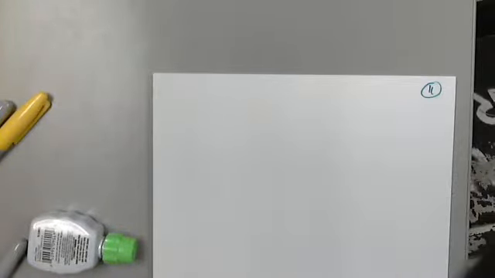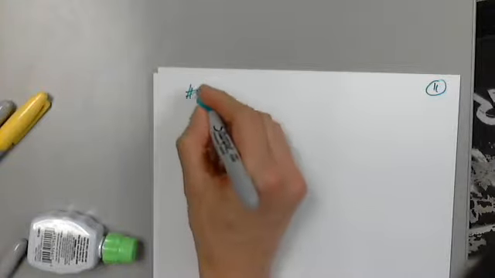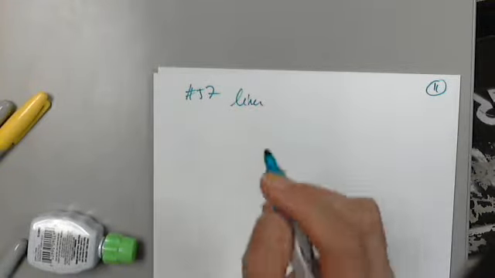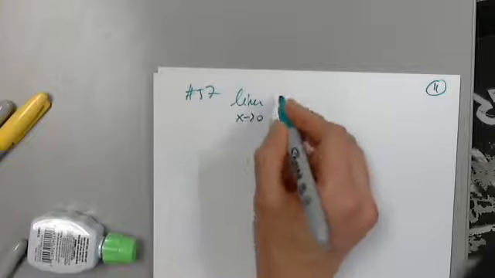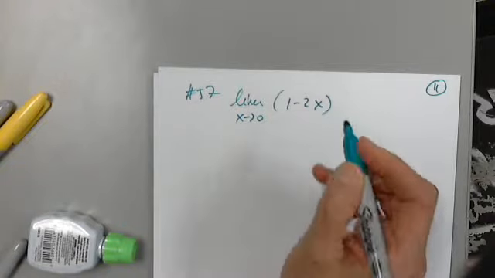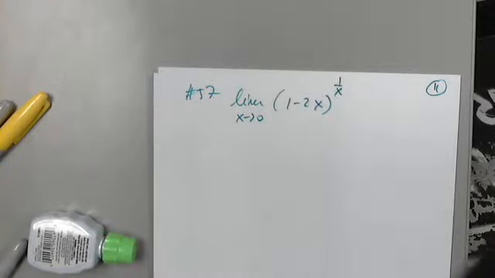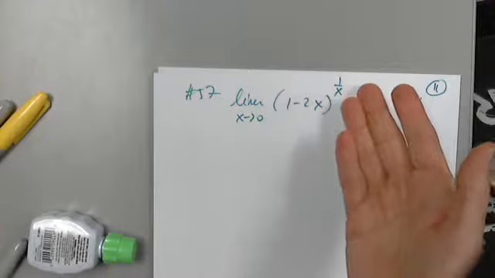Now this time I would like you to walk me through the steps. So, limit as x approaches 0 from (1 minus 2x) raised to 1 over x. We determine the limit for the most difficult one. Okay, so this cannot be that hard. I observe that it's a limit from a function raised to a function.